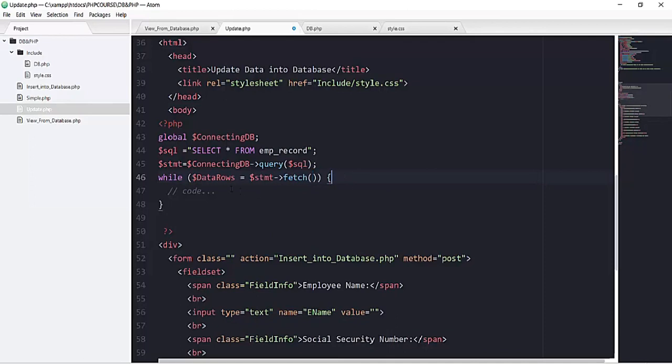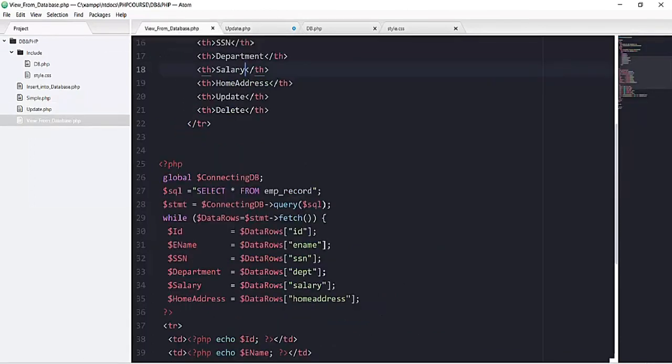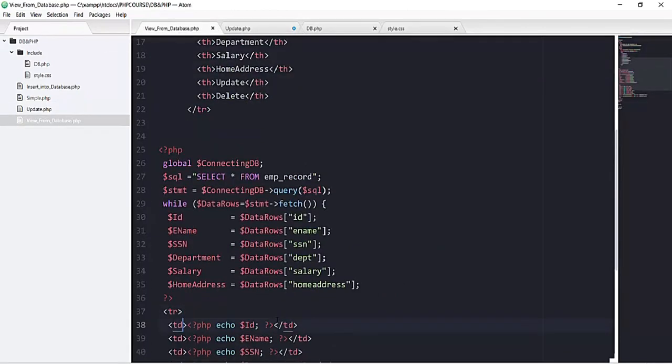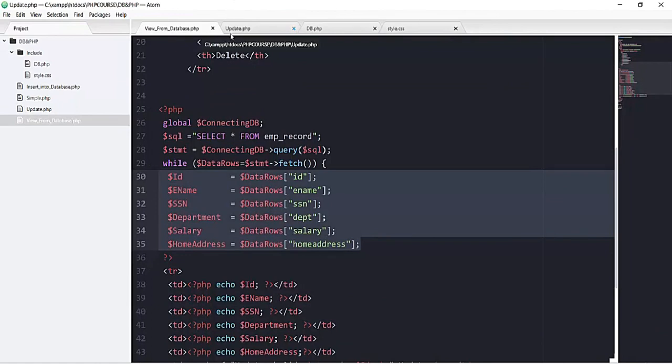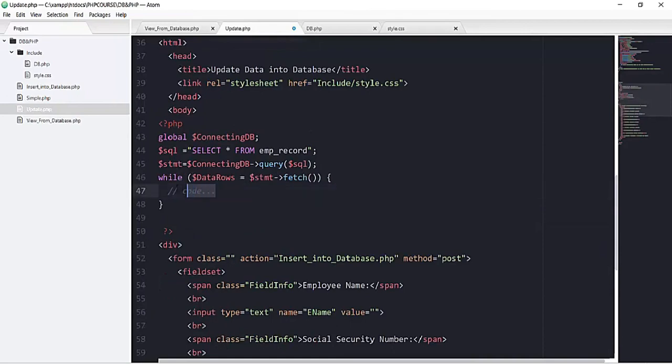and here we will have a couple of variables. So instead of writing all of the variables again, I can open my file of view from database and I can copy all of these variables from here, because we will have the same data to extract. So copying these variables and pasting them here inside the while loop.